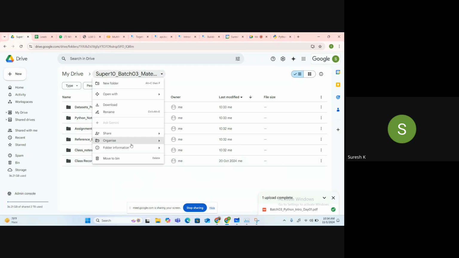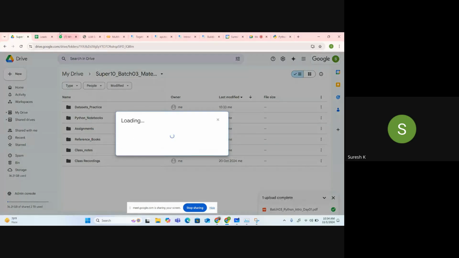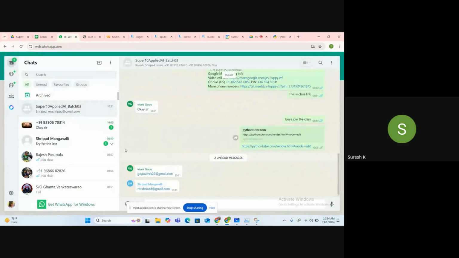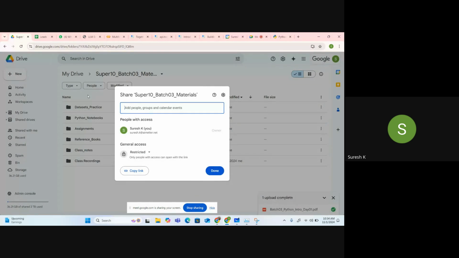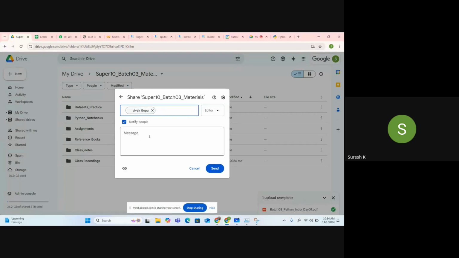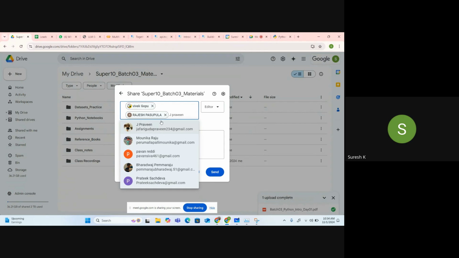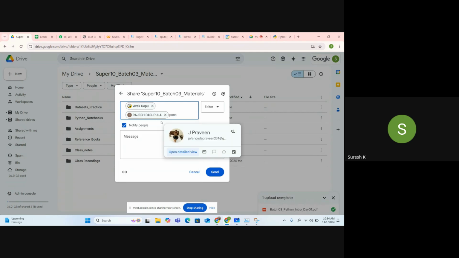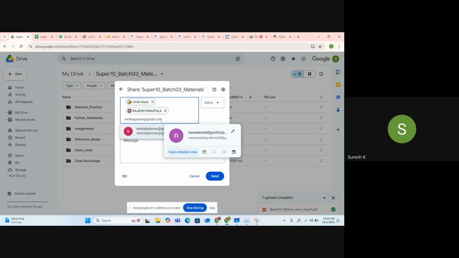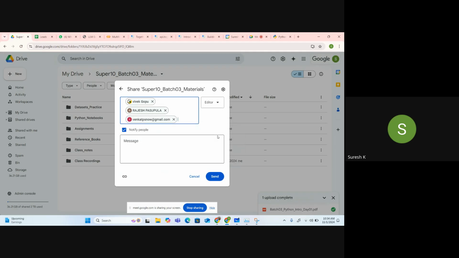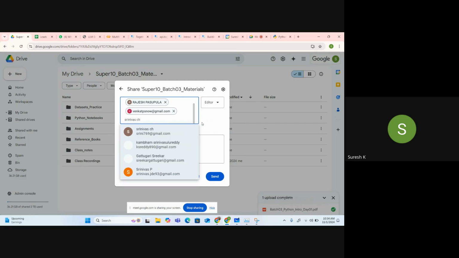So what I will do is share the access. Sharing. Rajesh, Venkat Ponnam, Sripad.